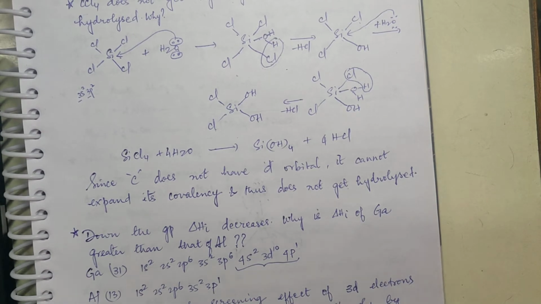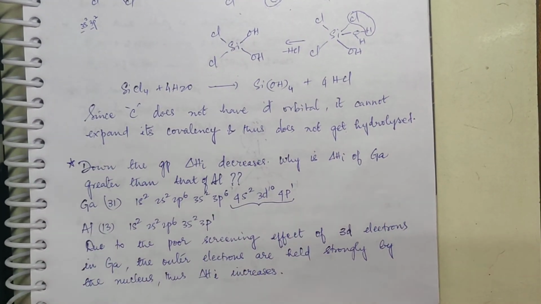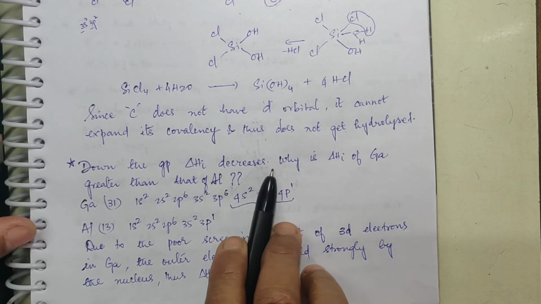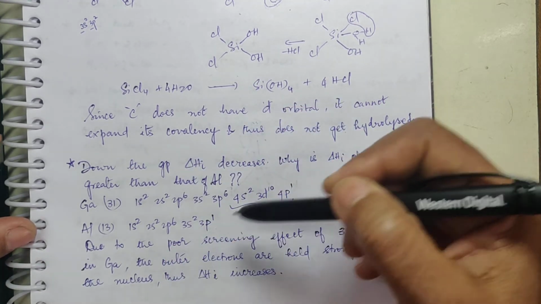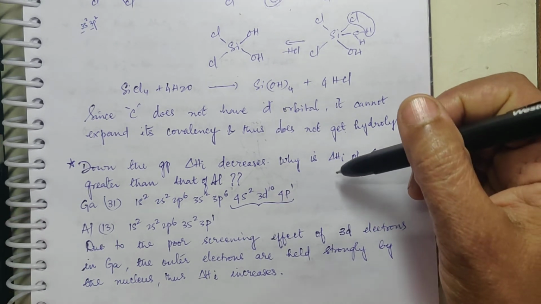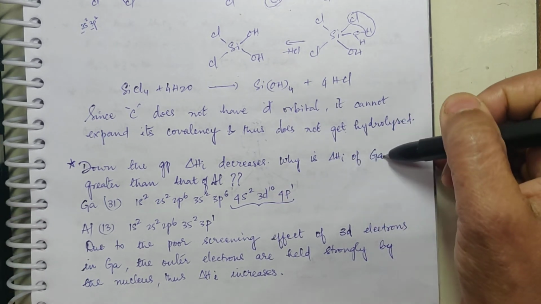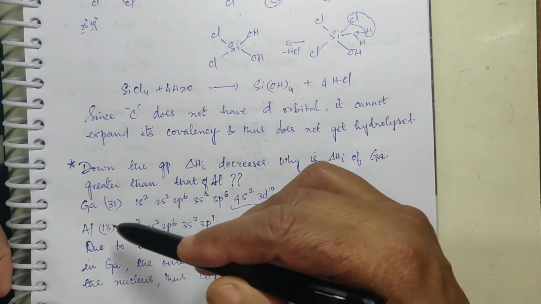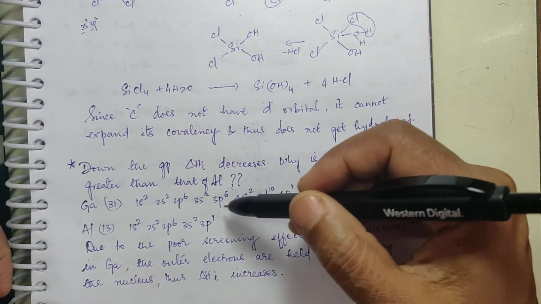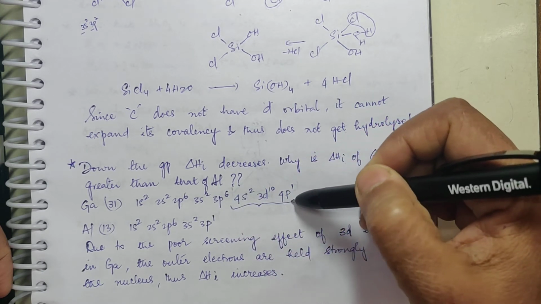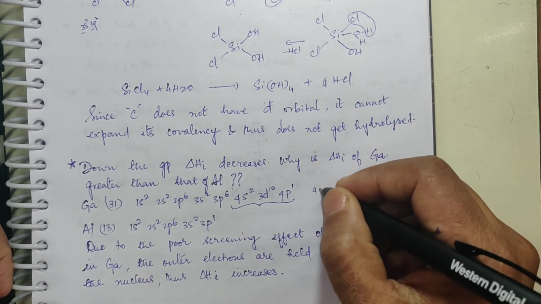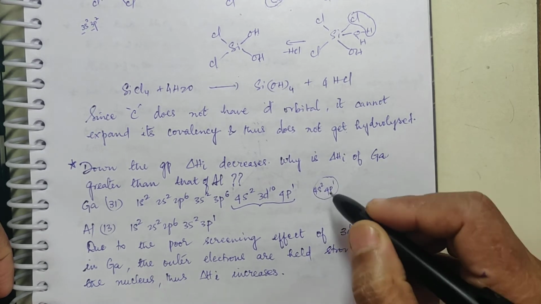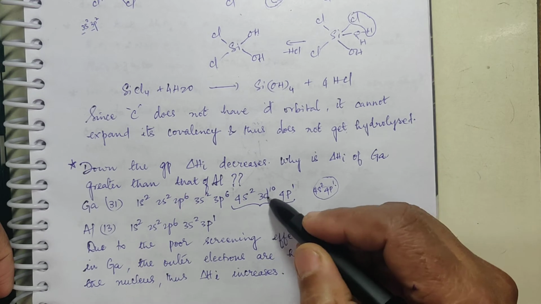Okay, now let us see another question. Down the group, you know very well that ionization energy decreases because with increase in size, ionization energy will decrease. Now, why is it that the ionization energy of gallium is greater than that of aluminium? Why? Gallium is having a configuration 4s2, 3d10, 4p1. So basically outer electronic configuration is 4s2, 4p1 and there are 3 valence electrons